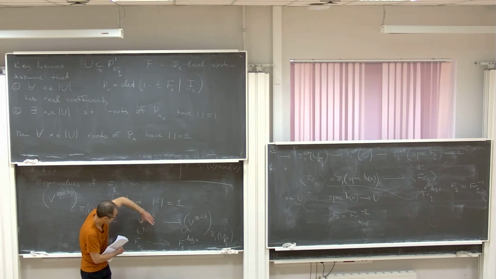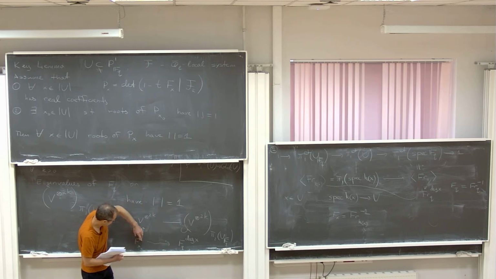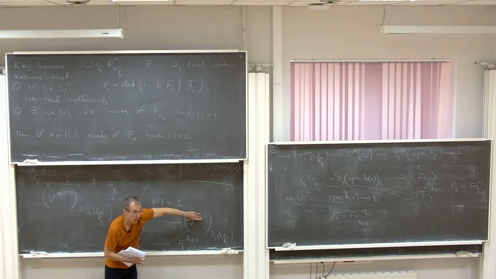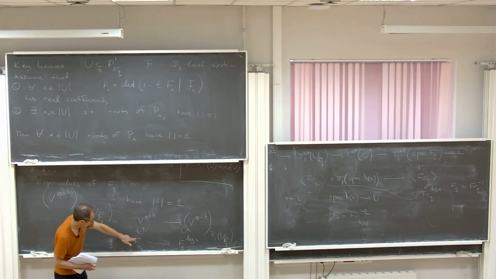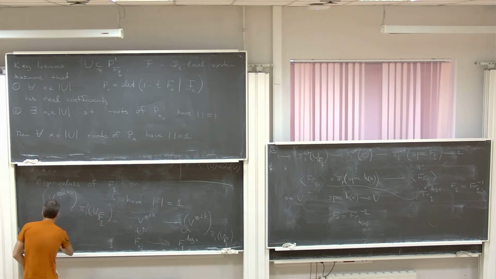But if I consider this just as a morphism of vector spaces, then it commutes with the action of this Frobenius here and this Frobenius here. Now I know that the eigenvalues here all have absolute value equal to 1, and this map is surjective, and this implies that